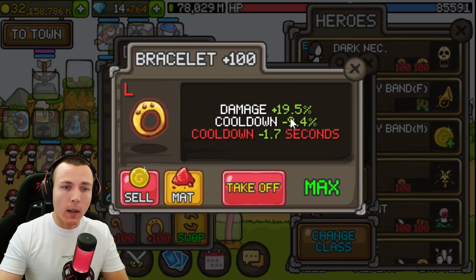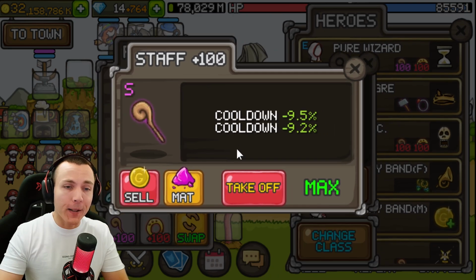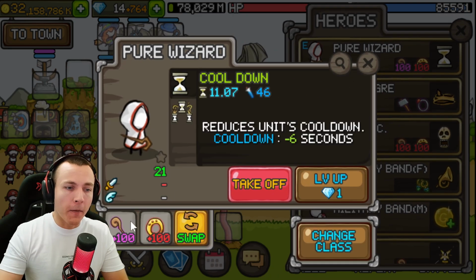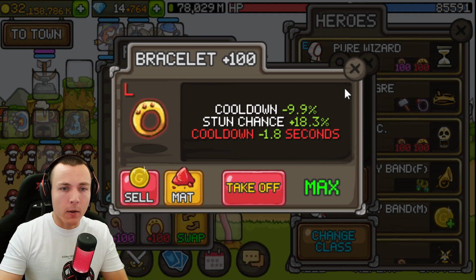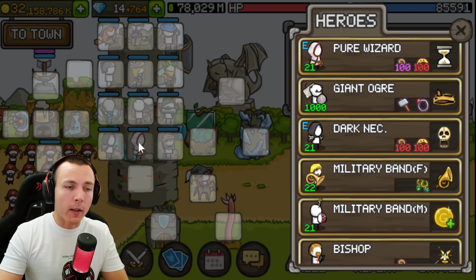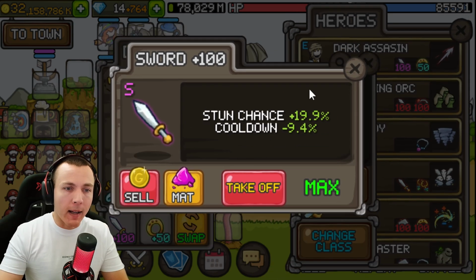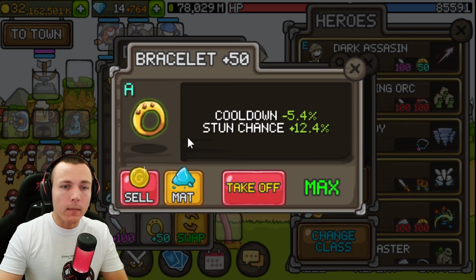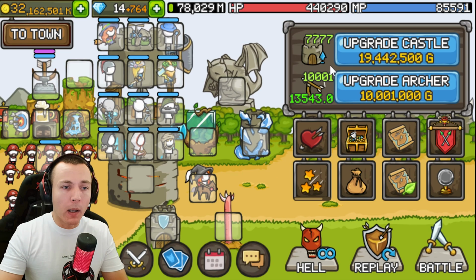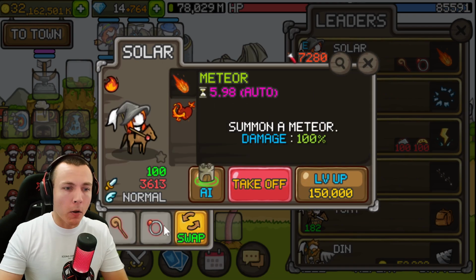Double cooldown, and double cooldown. The Dark Necromancer has very decent items for this wave level, and also the free double cooldown staff on Pure Wizard, and also a double cooldown in here. So these also help out so much. The lower you can get your cooldown, the more often you can cast your buffs, and that will just increase your score so much. I believe this build has potential for more damage than we just got,